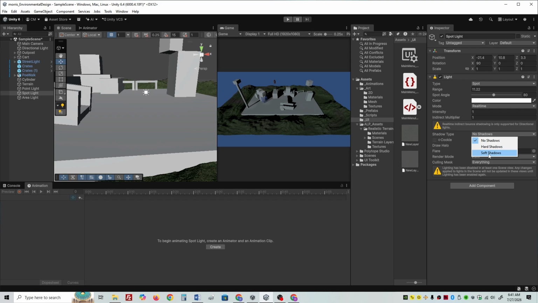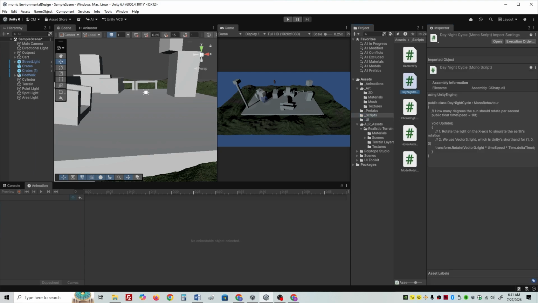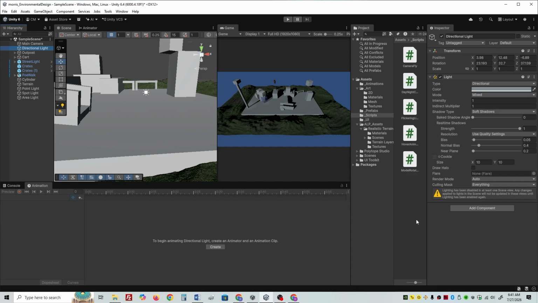So go ahead and spend the rest of the class adding in some lights, making your diorama, setting the mood and the atmosphere for it. I will be adding a script with this one, a day and night cycle light. Basically what it's going to do is rotate the light along the x-axis to simulate the Earth's rotation using a vector 3. You can add that to your directional light, and then you will be able to start seeing that. So an example of that would be